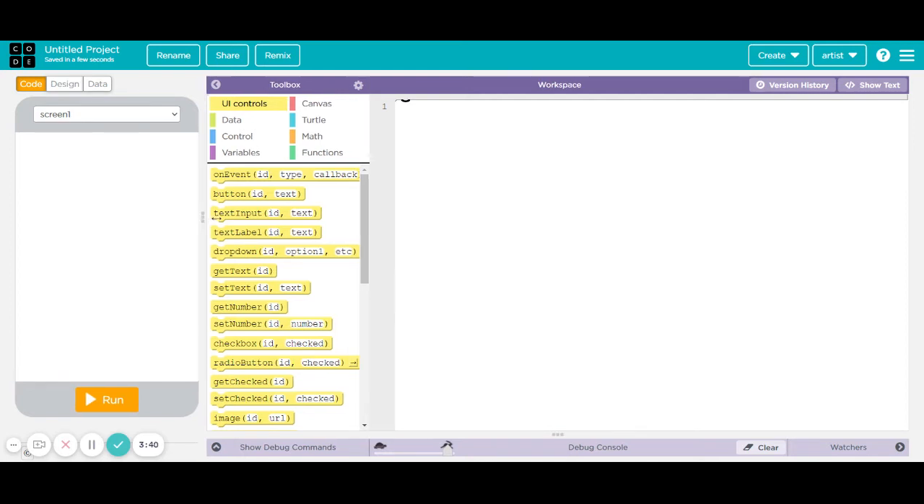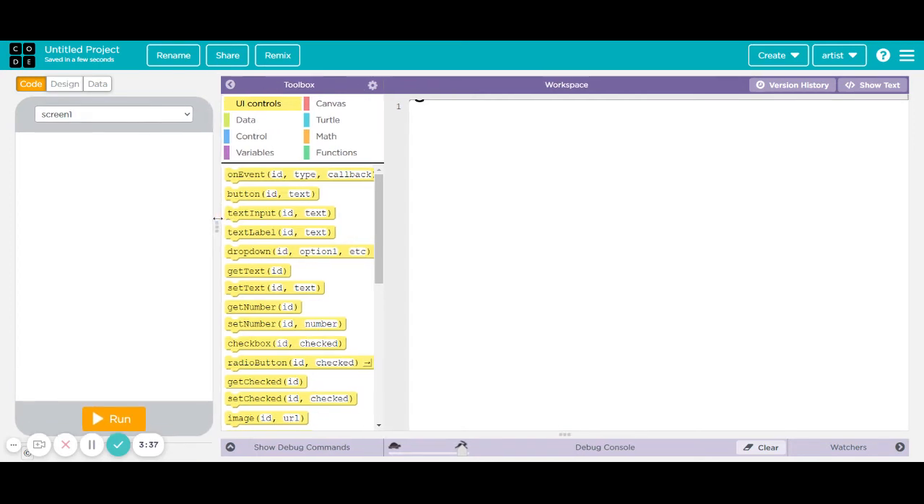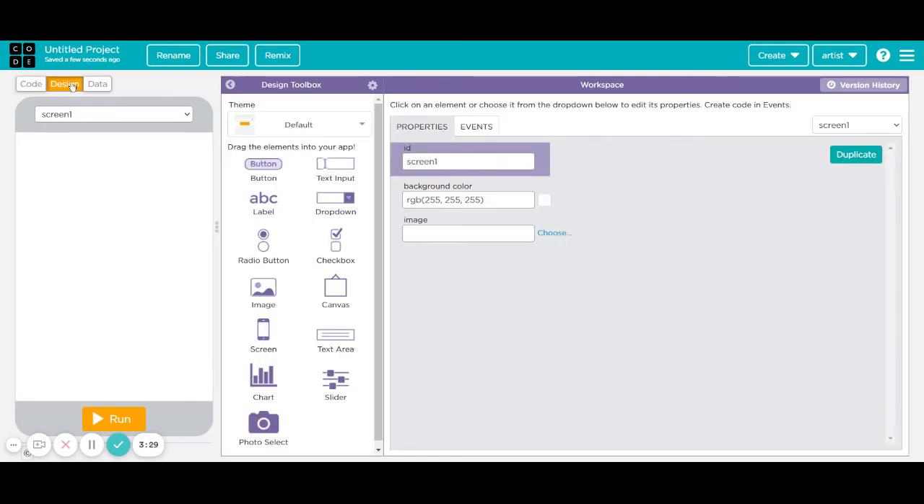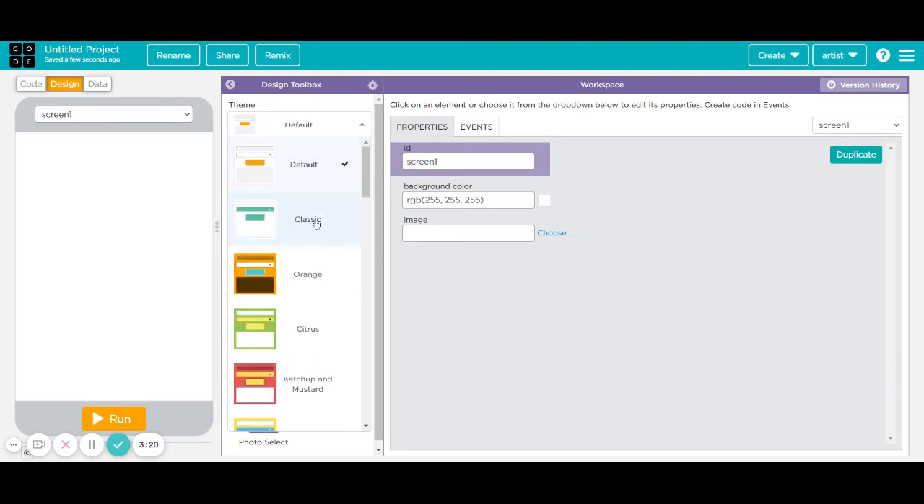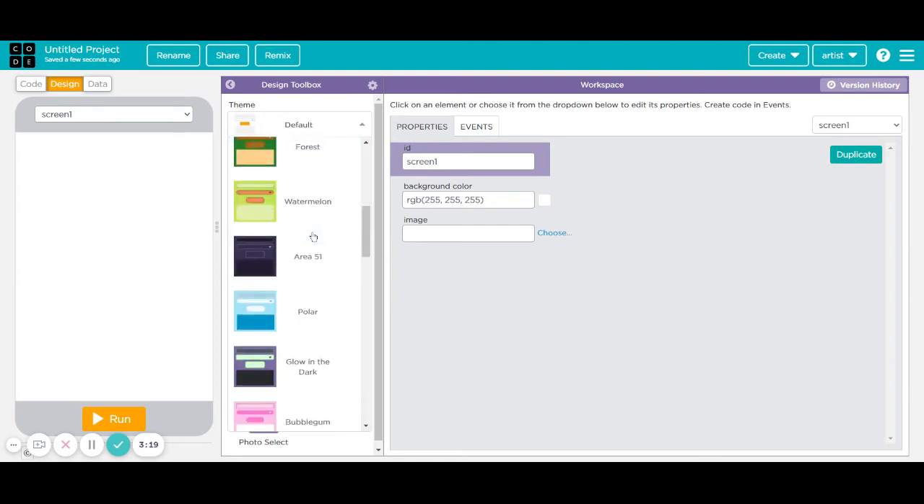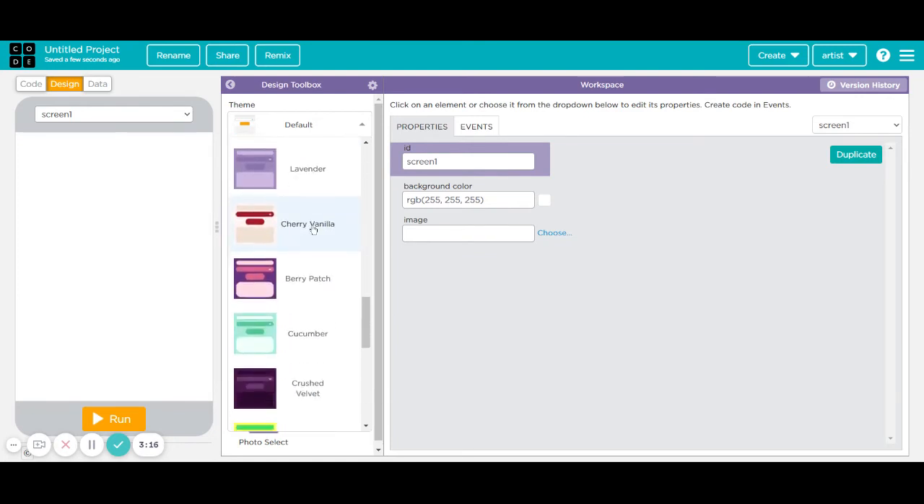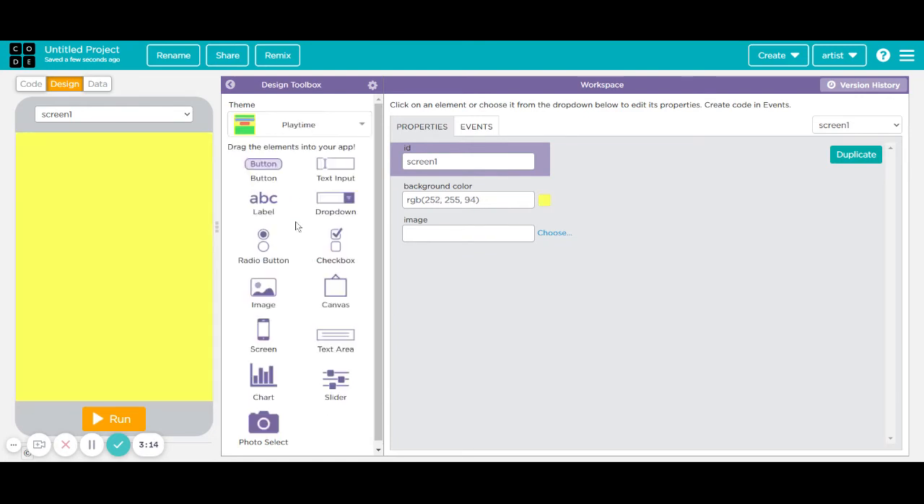Then we will make it bigger, and today we are going to design the pocket money calculator. For that you have to click on design there, and first we have to add a theme to it. Click on the drop down here and you can add any theme here. I will add playtime,